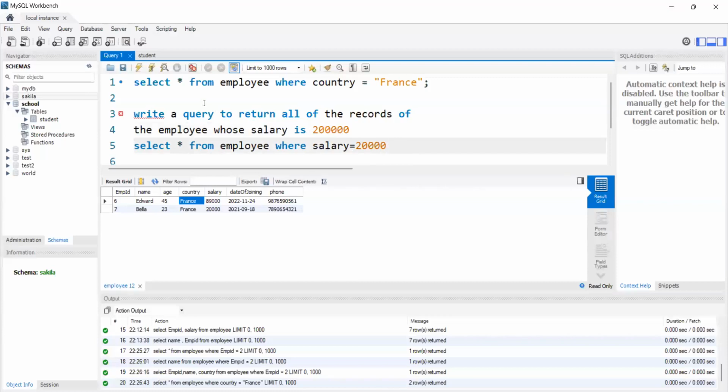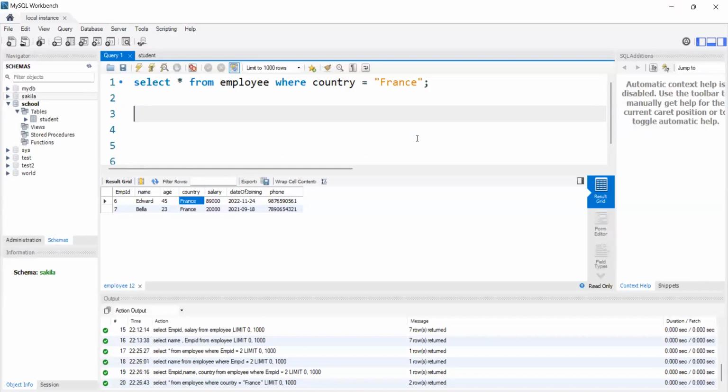or less than 20,000, then in that case, you can use this operator, like greater than. You can also use less than, or less or equal to, greater or equal to. So in this way, you can use different operators to extract records from the table. And now, since we have talked about this select one,